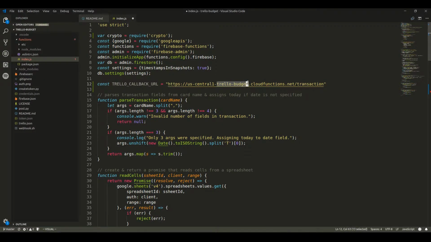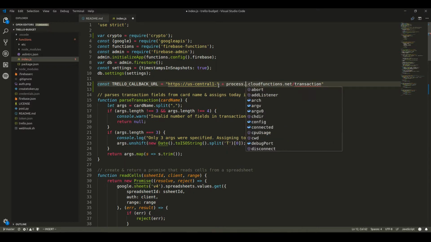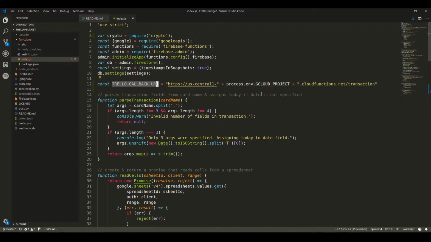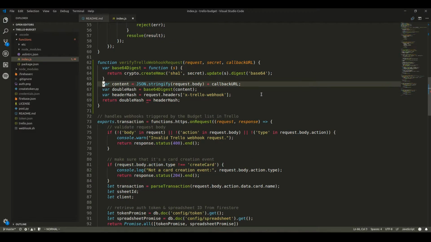This is my Firebase project ID. So yours is different. So it's better to get it from the environment. We can do it like this. process.env.GCLOUD_PROJECT. Alright, now I can go ahead and copy this and paste it in the place of this callback URL